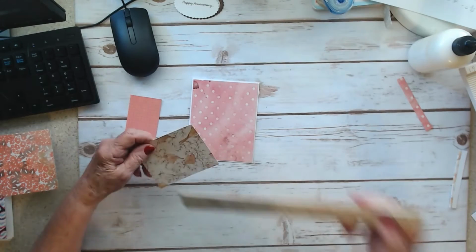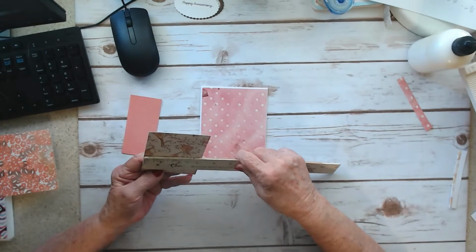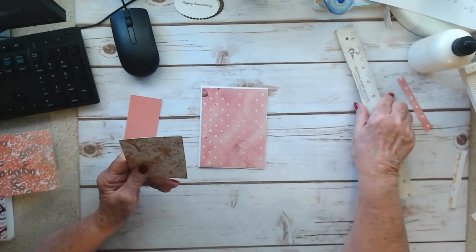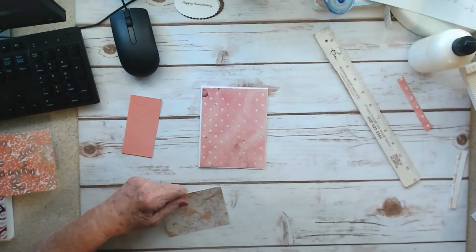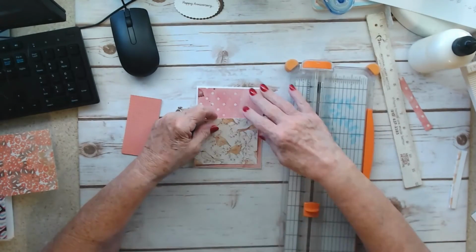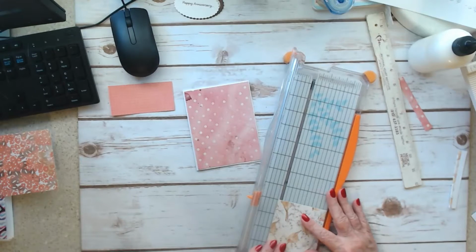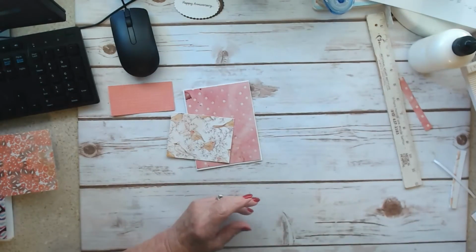So this one, let's measure it now. This is 4 inches wide and 3 and almost 1/4 long. I'm going to make this 3. Let me just measure here for a minute. Yes, I'm going to cut that to 3. There we go. So this is 3 inches